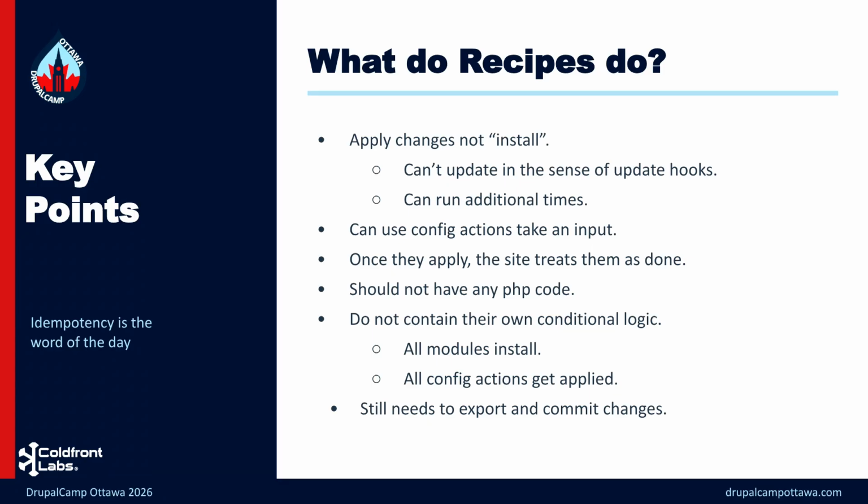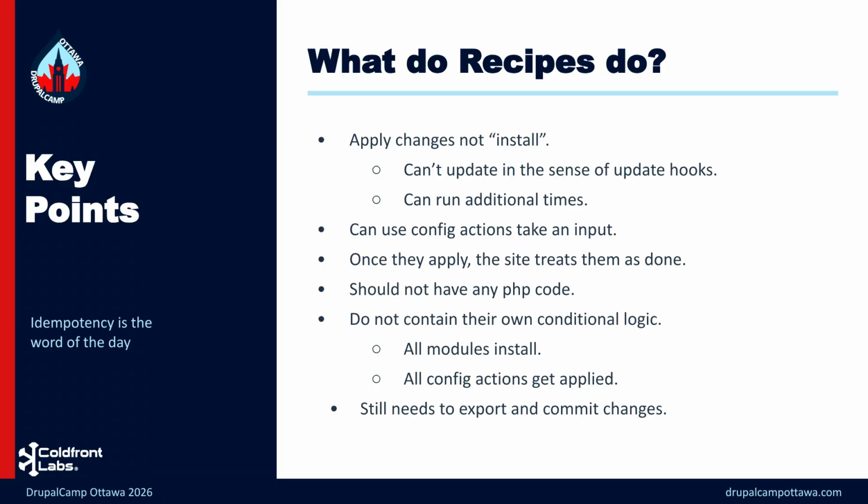So just making sure that we're starting with an awareness of what recipes can and can't do. Once again, recipes are applying changes. They're not really installing them. They don't update in the way that update hooks work. When you're using an update hook to change config or change content, those can only be run once, whereas recipes